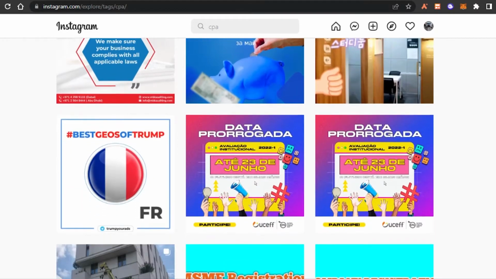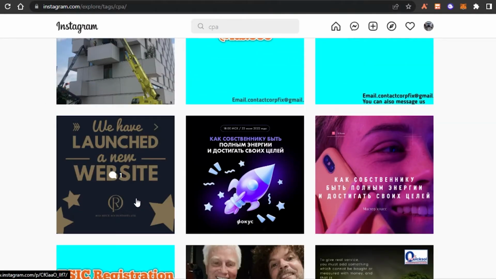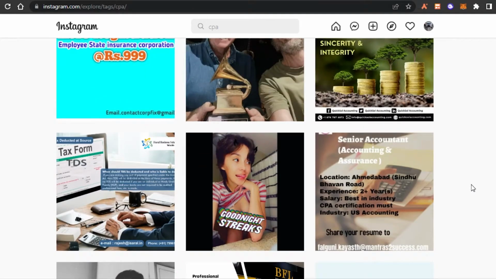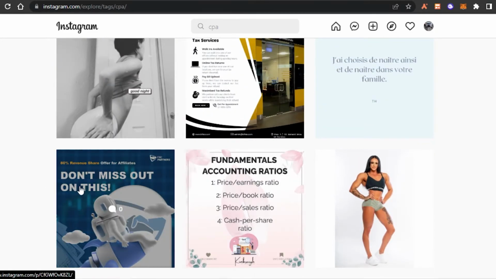You can see right here a lot of different promotions happening. You can create such post pictures with Canva, or you can use any kind of editing application. If you're good at editing, you can create these very cool posts, and then you can promote them. For example, this one, don't miss out on this. Now, what is this? This is just an offer for affiliates, and people will click on it, check it out,